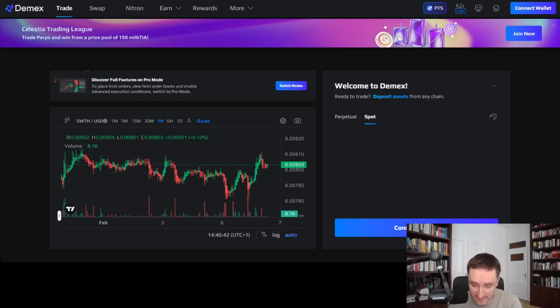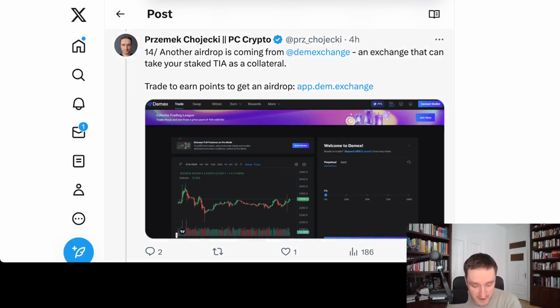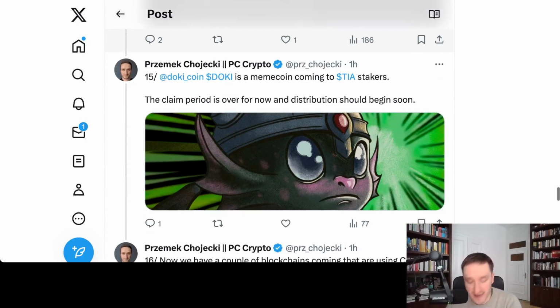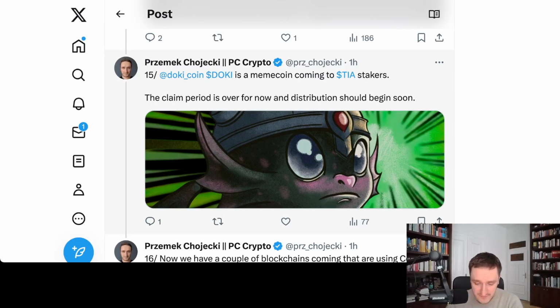Really interesting stuff. Now we're going next to the other places. I have to mention, of course, Kucoin. Again, for Kucoin, it's a little bit too late. It's a meme coin coming to TIA stakers. The claim period is over, so you haven't qualified, you won't get it, but there will be more projects like